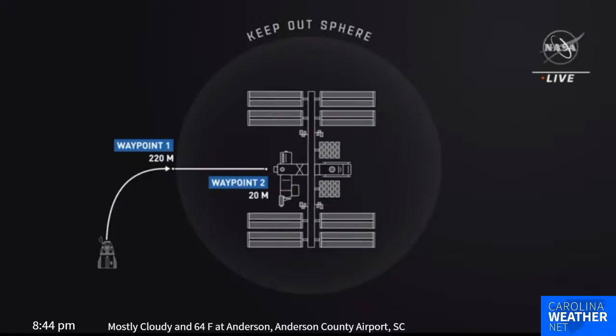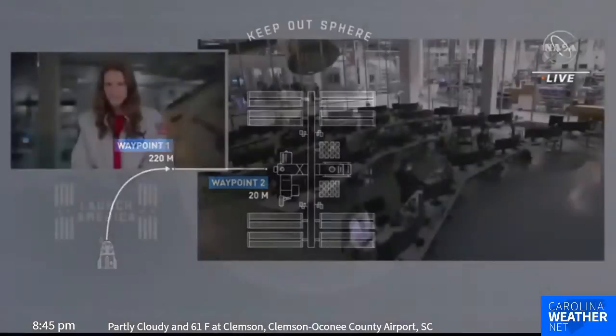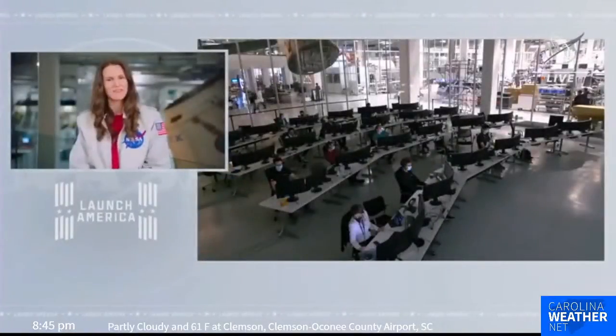The spacecraft will then focus on aligning its docking system with the International Docking Adapter. We may hear the call out for CHOP, which stands for Crew Hands Off Point, a little less than 30 seconds before docking, and at this point, any aborts will have to be done automatically by Dragon. And the moment we've all been waiting for is when our crew arrives at the space station. Dragon will fly in and make